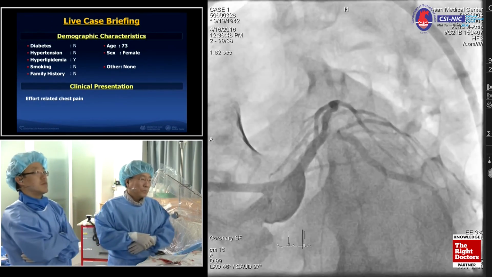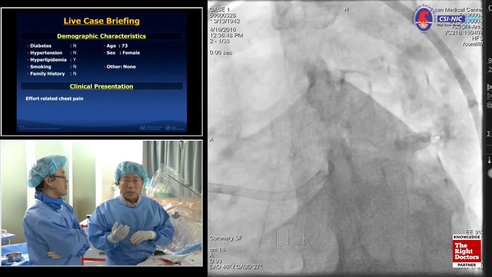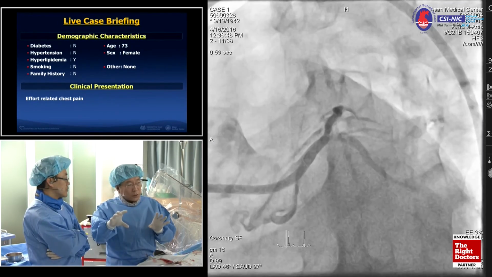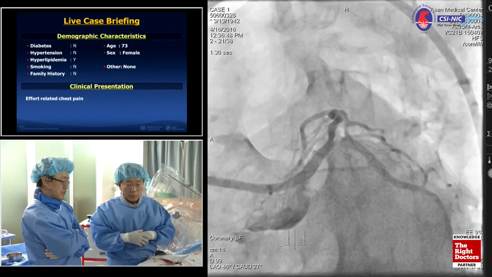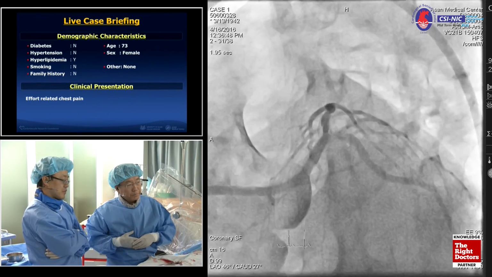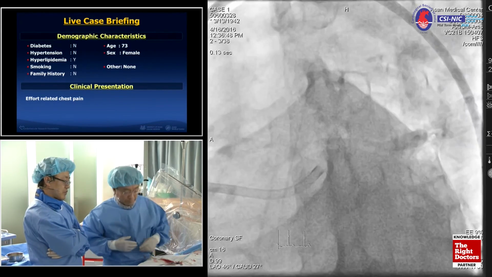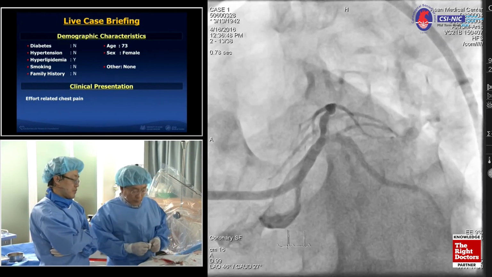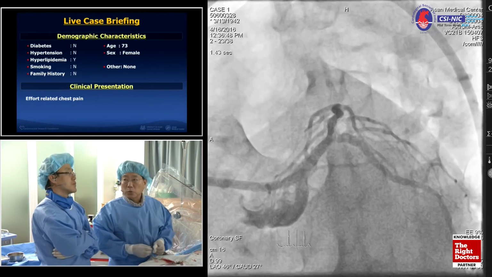Right. You mean the Triton stent. To be honest, I don't have any experience with the dedicated stent. You suggest the Triton in the circumflex? Yeah, and then that gives you opening to the LAD, and then it becomes almost like a culotte, but without having to put more metal in the left main. I see. All right. I think that is another option. However, frankly, I have no experience with that.